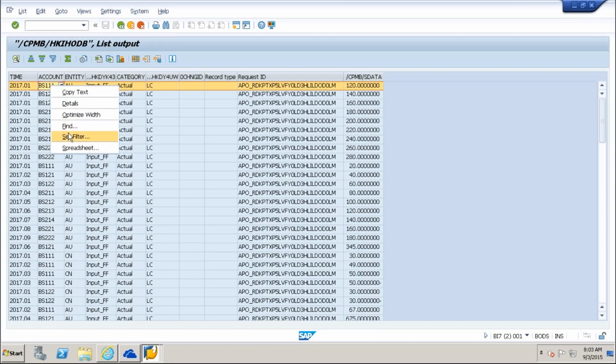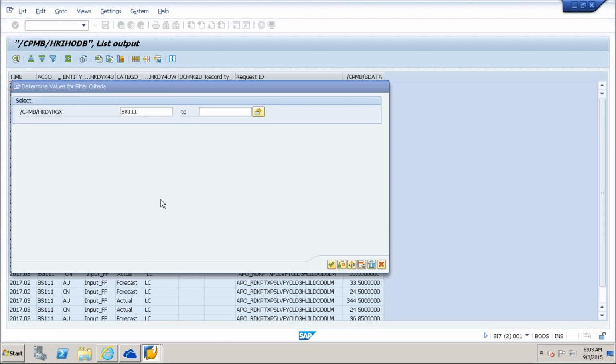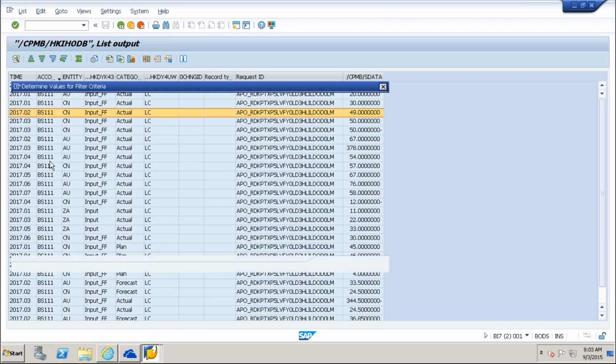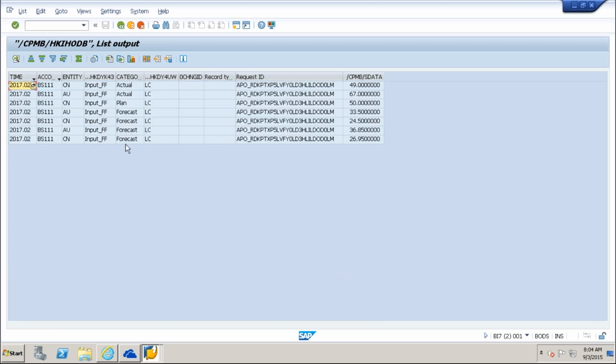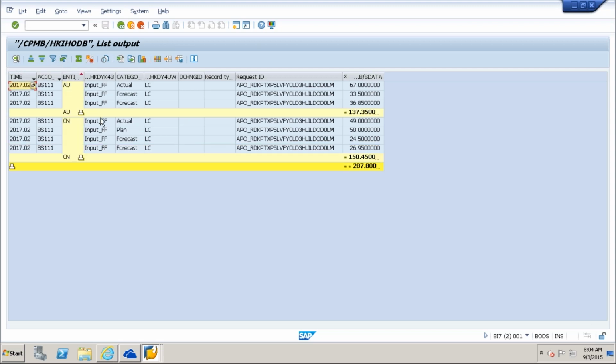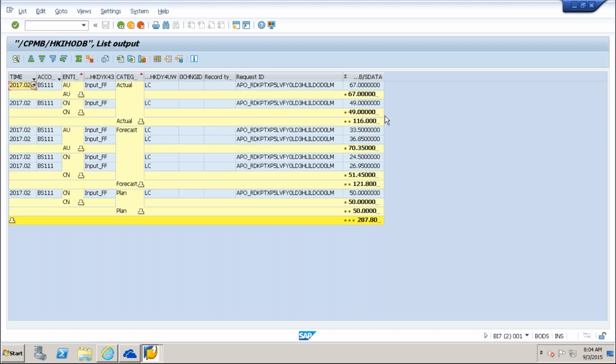BS 111 and 2017-02. I have the value here, 49 actual, and this is my value. 49 means, where is my, sorry, I'm going to this one and segregating by category and all.